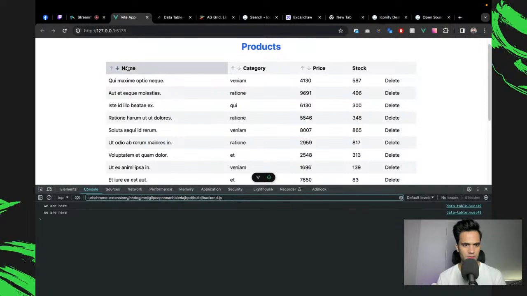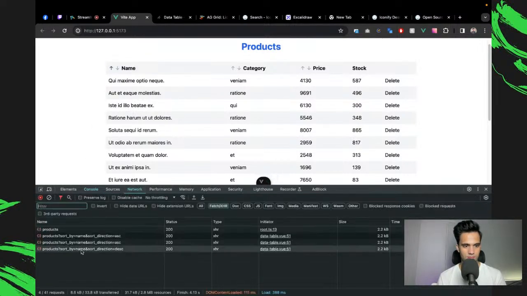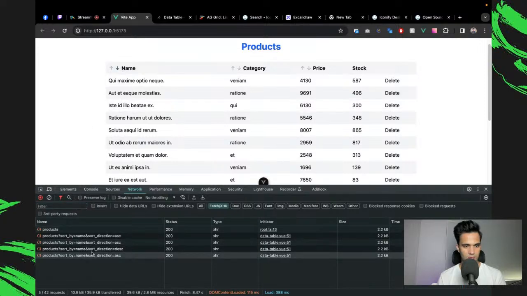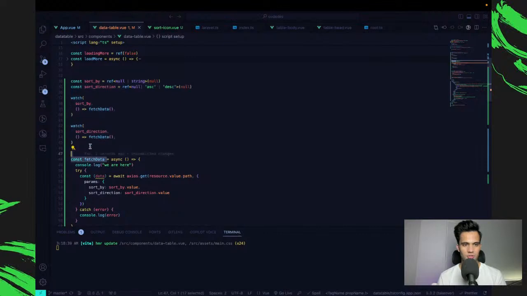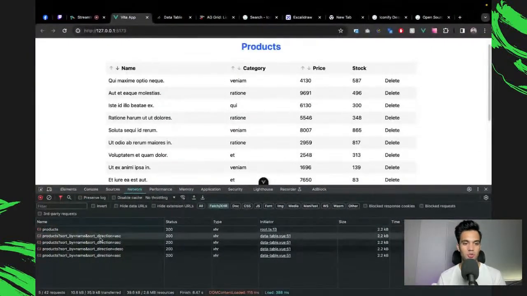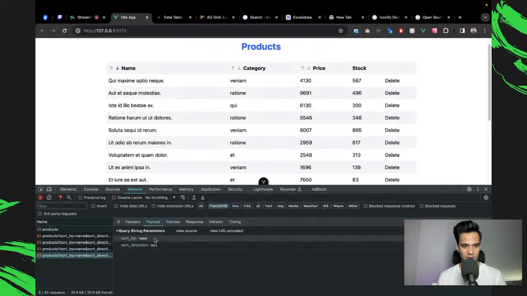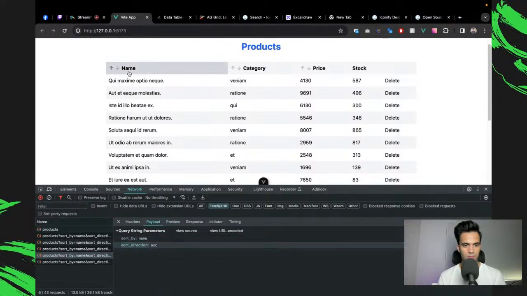So this should probably help us. Yeah, we are here, and we are here a couple of times. Okay, let's do it again. But again, there is an issue, which is that I'll probably have to wrap it in one object. Otherwise, I'll be making two calls for the first time. So now at least we are making a call to the backend, and we have sort by and the sort direction.